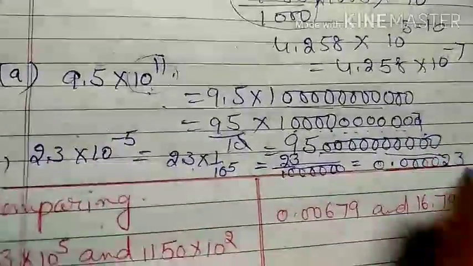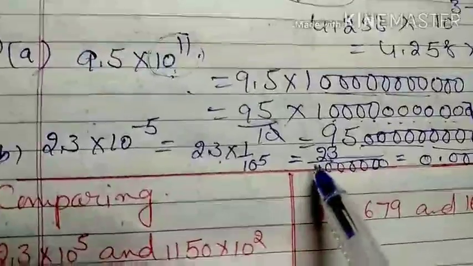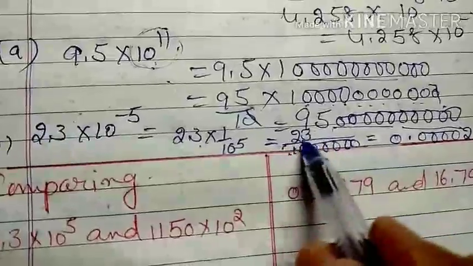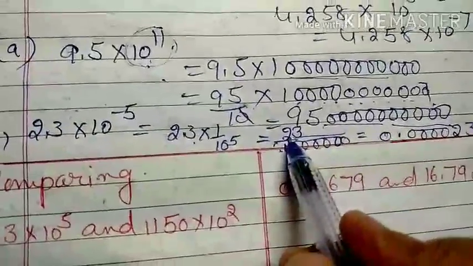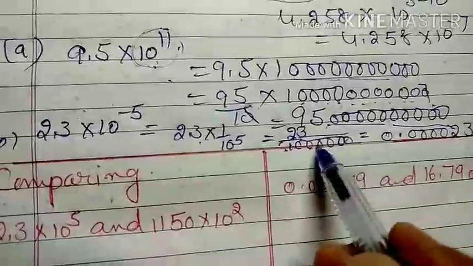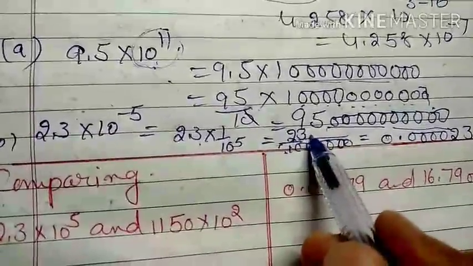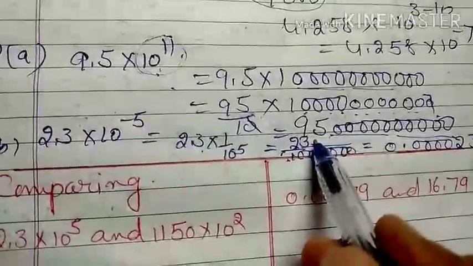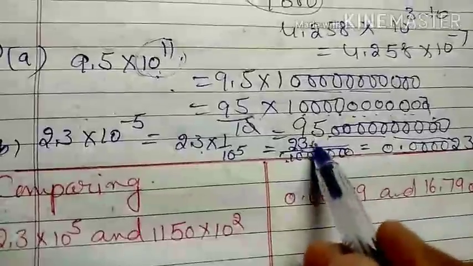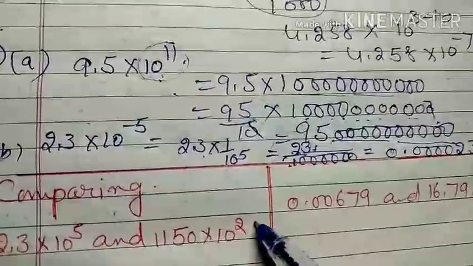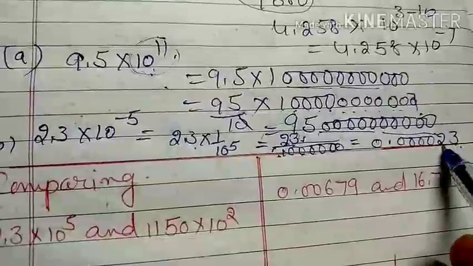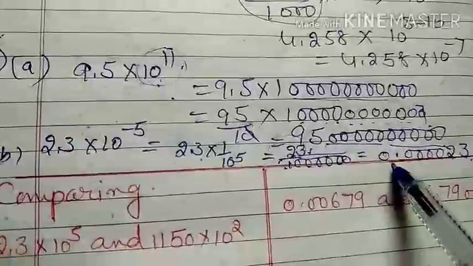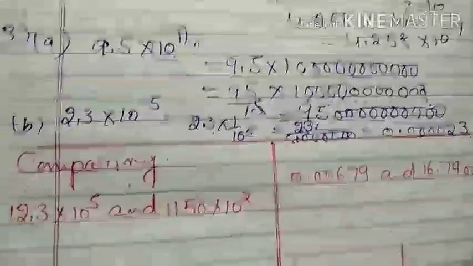So this is 23, 0.123423, because you need the decimal point. After the decimal you need 6 digits upward, but there are only 2 digits. To fill up the rest of the digits we mark it with 0, like here 1 2 3 4 5 6. Then you have to shift this decimal. If no decimal is there, it is considered that the right side of all the digits has the decimal point. So now you have to convert this decimal into 6 digits here. So I will count from the right side, 3 2. If there is no digit further, we fill with the zeros, 1 2 3 4. So there are total 6 digits, and 0.00023 will be your usual form.